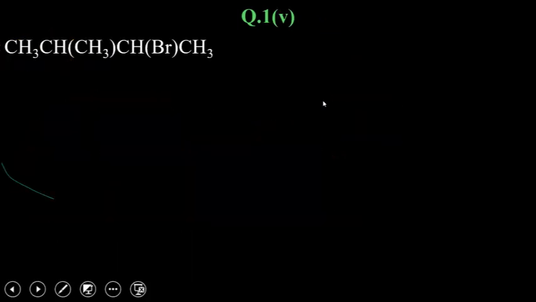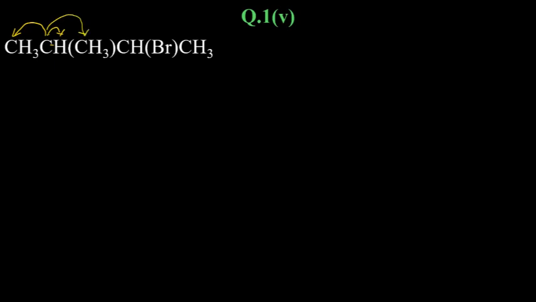Next one. Again, you need to just draw the structure. You will get the answer. Very easy. On this carbon, you have this CH3 attached, this hydrogen attached, and this CH3 attached, and this carbon attached. First, you need to understand this is how you need to expand it. This could have been written like this also, CH3 whole twice CH, CHBr, CH3, the same thing. Okay, same thing.